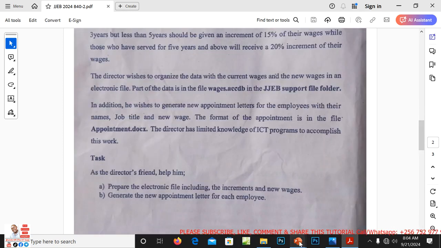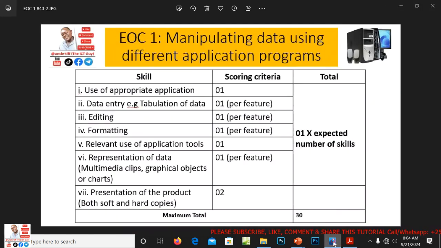So if we visit our element of construct for these items, it is here. This is what we expect a learner to do with such an item. A learner is expected to manipulate data using different application programs. That means that such an item can be worked upon with more than one application program.